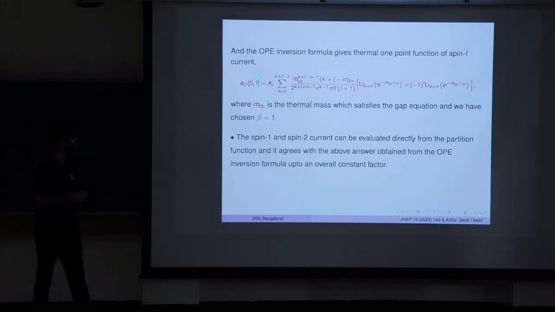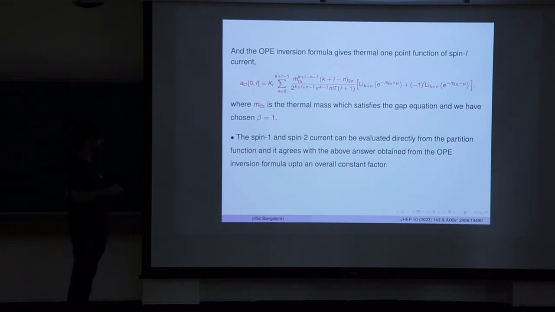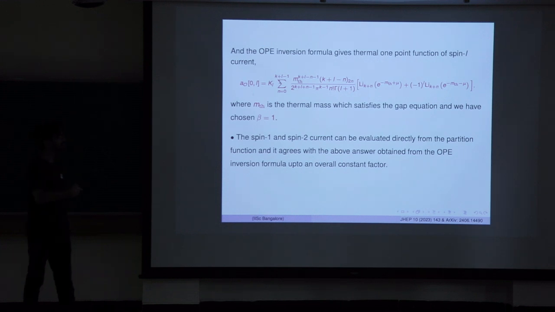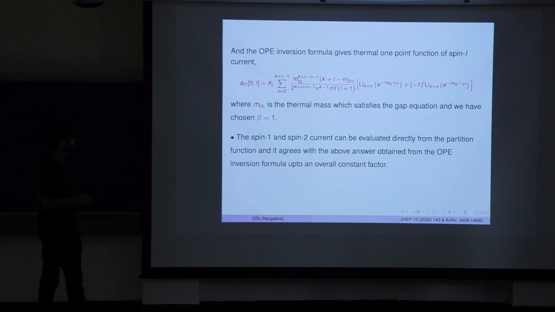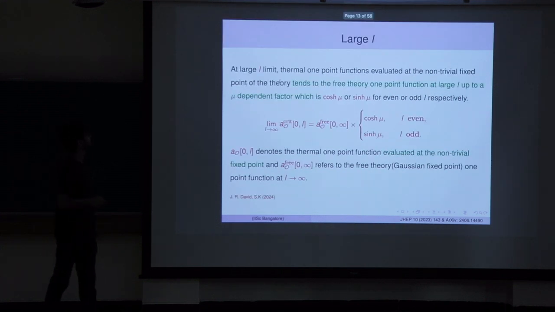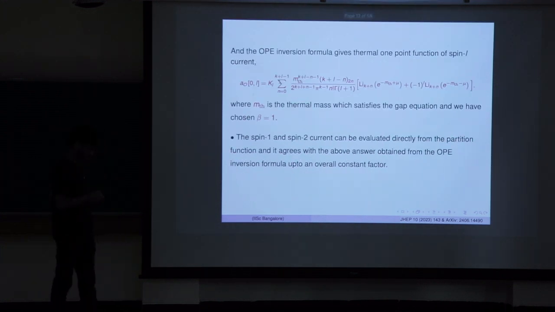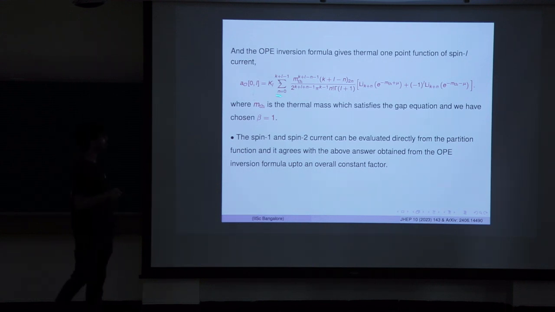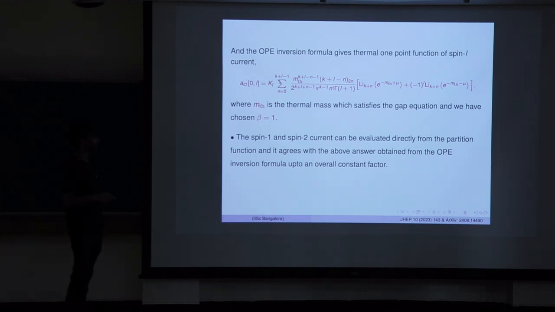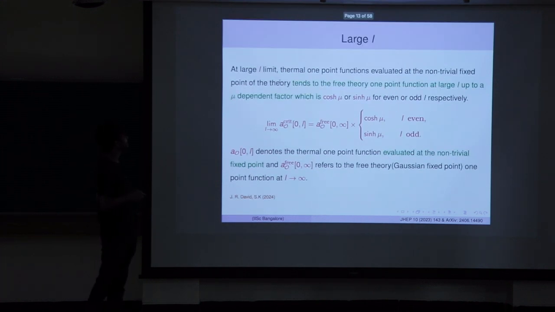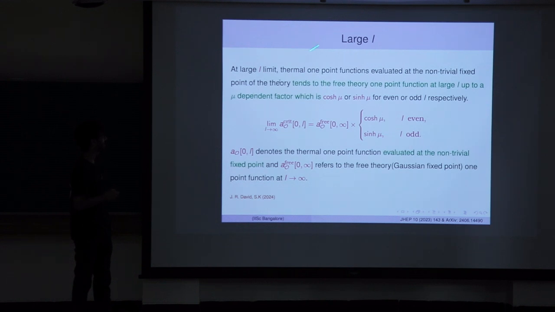That is because in this OPE inversion formula method you also have the structure constant and the OPE coefficient inside this. So that's why this overall constant factor appears, but you have a cross check for this spin 1 and spin 2 current. Alright, so as I promised, finally our goal will be to obtain the thermal 1-point function of these operators, and then we will look for whether there is some simple or universal nature of these thermal 1-point functions which we can find. So the first one which we have found is the large L or large spin limit